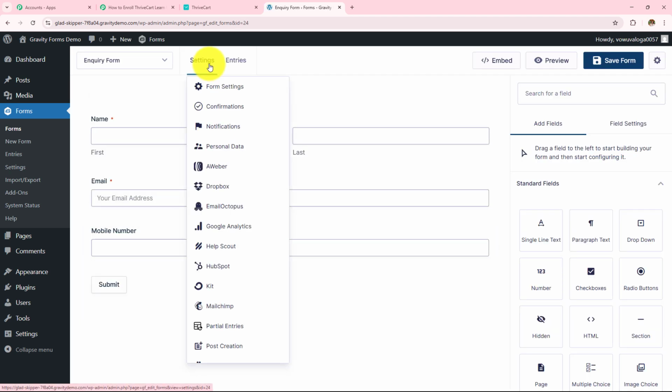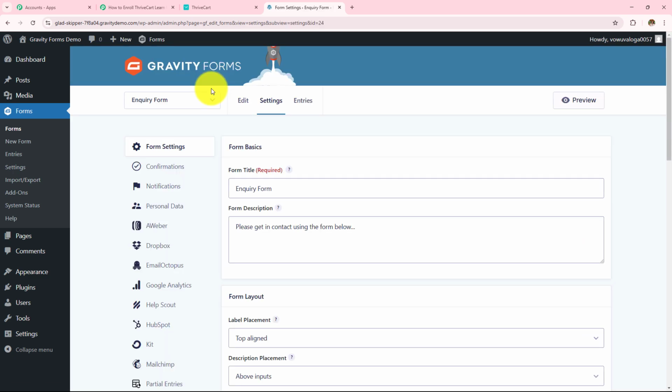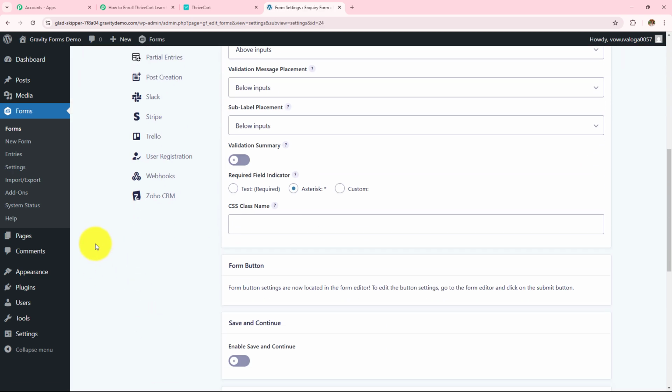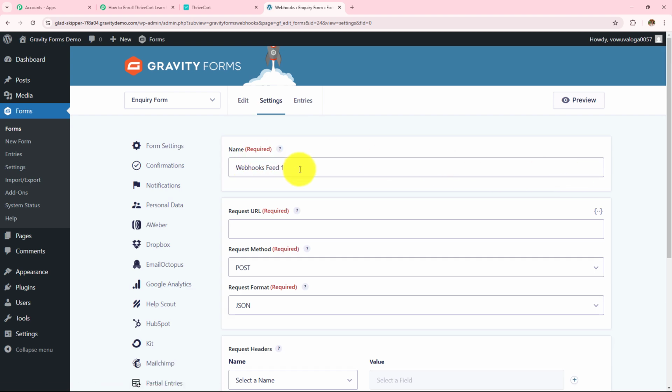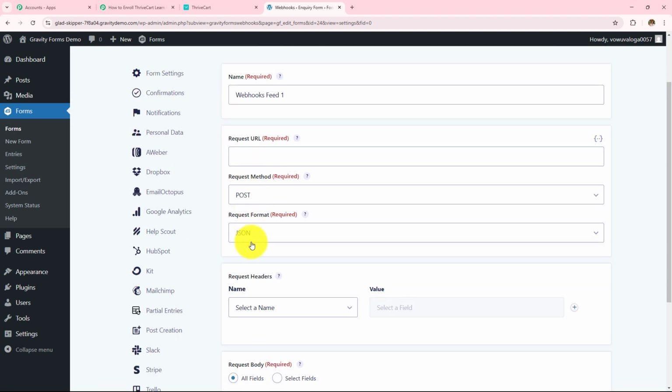and then I have to click on the settings and then go to form settings. Now if I scroll down on the left hand side, I can see this webhooks option. I will open this. Now this webhooks feeds has appeared, and I am going to click on this add new. Over here I need to name this webhook, provide the webhook URL, and then I have to provide the rest